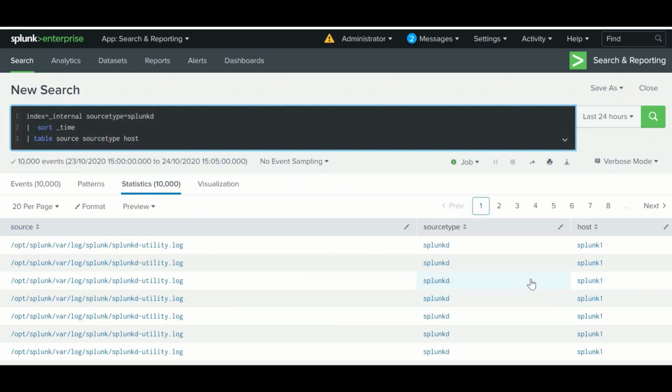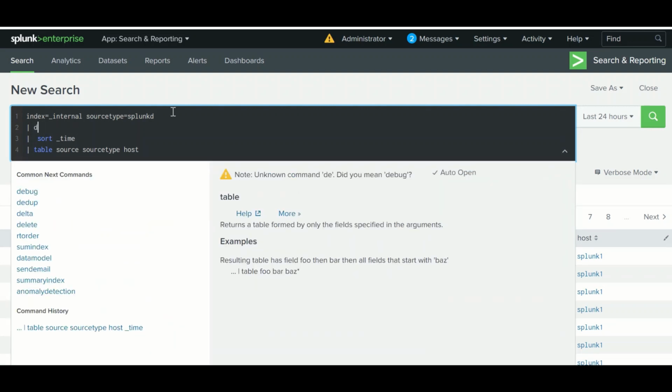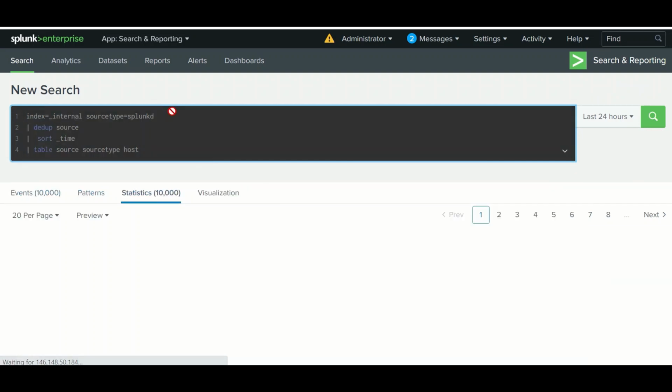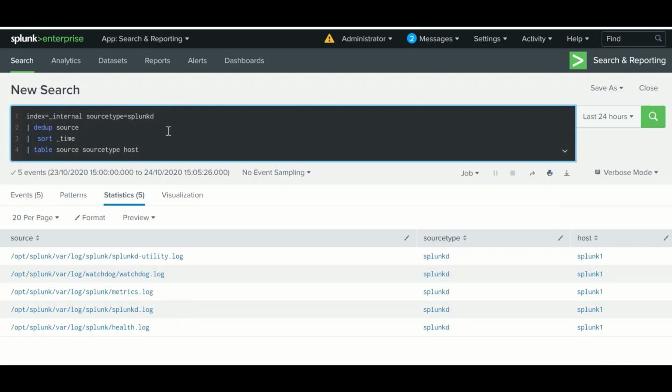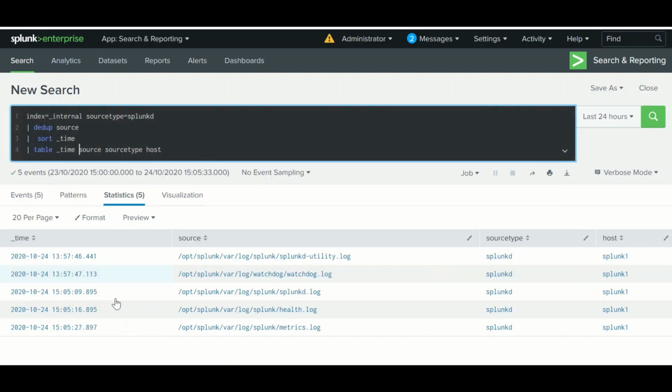On the basis of time it will sort it, and before that I should give dedup source. Also I will include _time because we are sorting, so you can understand how it is working.